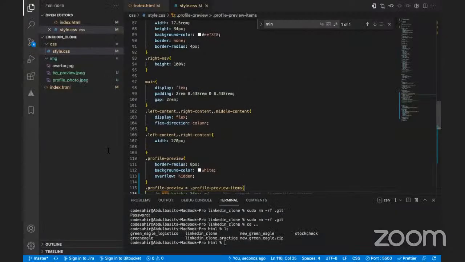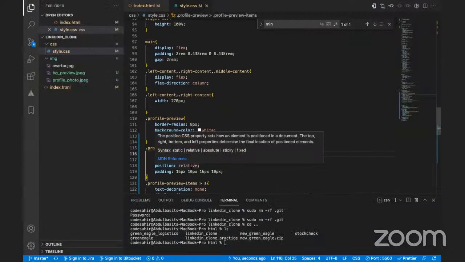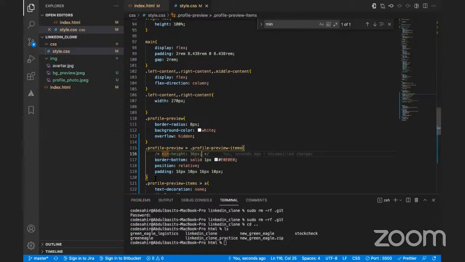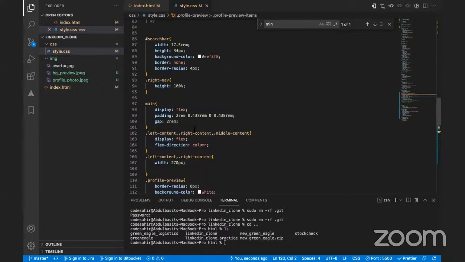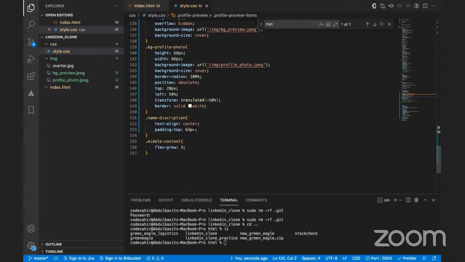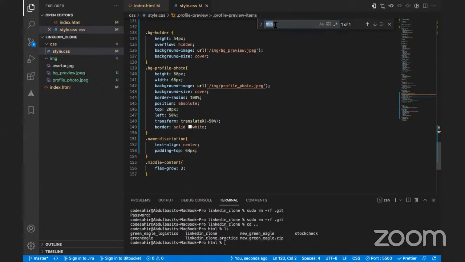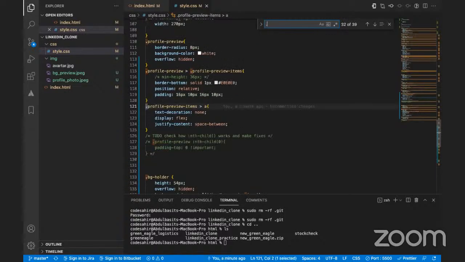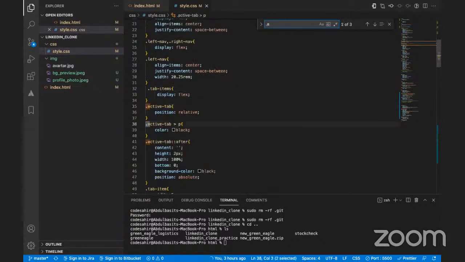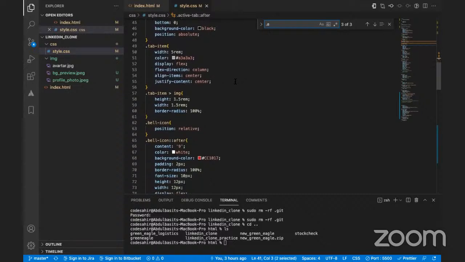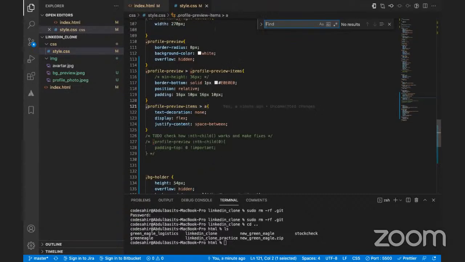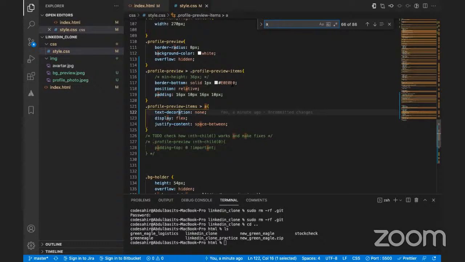So let's go back and try to work with the end, try to get the end element. So the A tag, let's go. Where are we? At what point are we doing the A tag? So let's just search for it. No, not that A. Actually targeting the A tag. So the A itself,